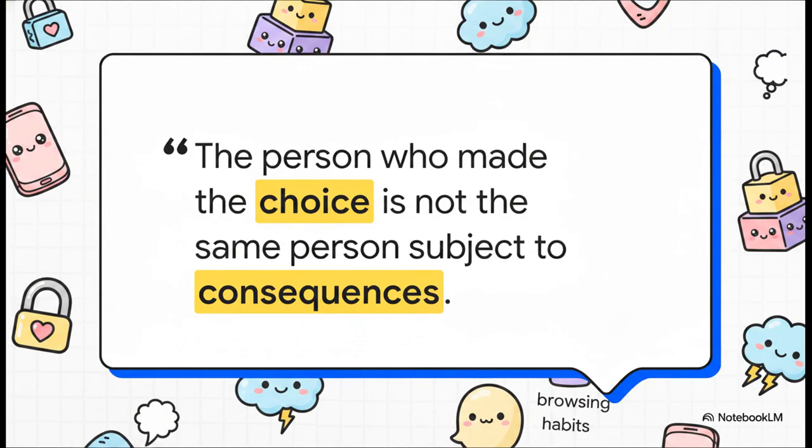This one is absolutely fascinating to me. Look at the specific protection for children's data. If you are sharing your location and browsing habits at, say, age 13, you fundamentally lacked the cognitive capacity to give meaningful consent, right? GDPR recognizes this beautiful philosophical judgment. The person who made that choice is simply not the same adult who is dealing with the consequences today. It's a structural protection meant to shield social media natives from the digital footprint of their childhood.